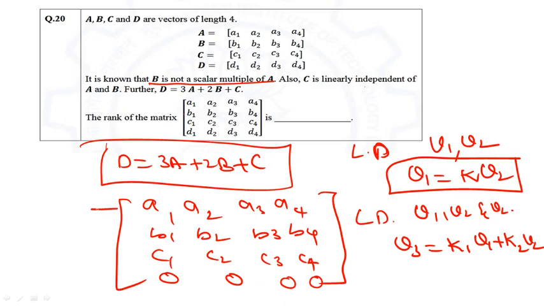So the number of non-zero rows gives the rank of the matrix. Here the number of non-zero rows is only 3. That's why the rank of this matrix is 3. It's a very simple question, but they are giving 1 mark, and you need to know linearly independent and dependent. So these are the 1-mark questions given in the GATE 2021 chemical engineering paper.